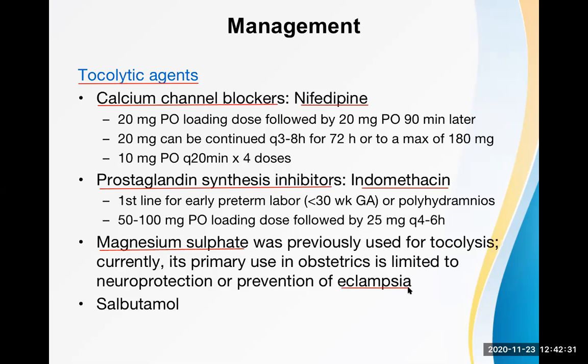The same magnesium sulfate can cause uterine relaxation as well. And salbutamol, terbutaline, ritodrine, and isoxsuprine. These are called beta agonist drugs. To be very precise, beta 2 agonists, and they can be used as a tocolytic agent. So remember the names: calcium channel blocker, prostaglandin synthesis inhibitors like NSAIDs, indomethacin is a good example, magnesium sulfate, and salbutamol.